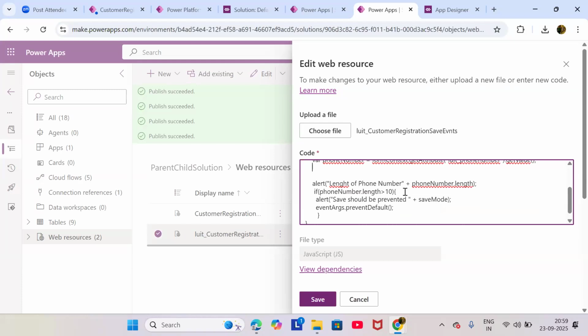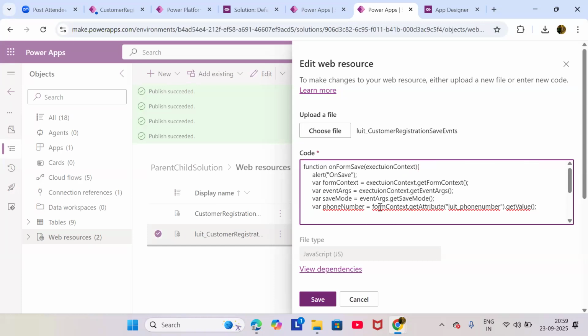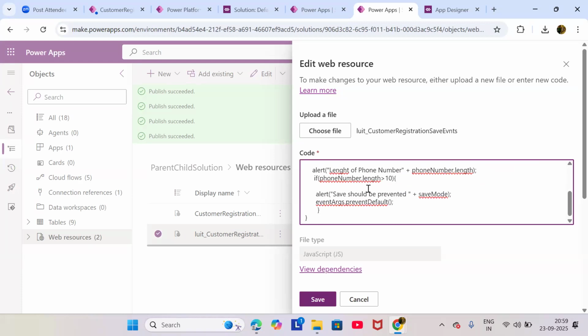If phone number length is greater than 10, then I'm saying, I'll not type it again. Okay, Control C, Control V, form context dot get control of this dot set visible